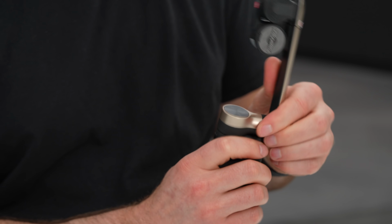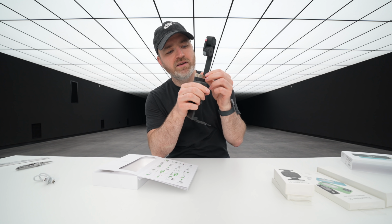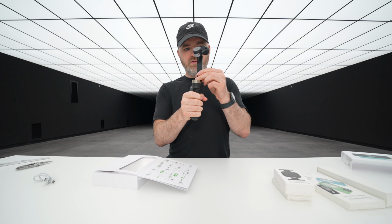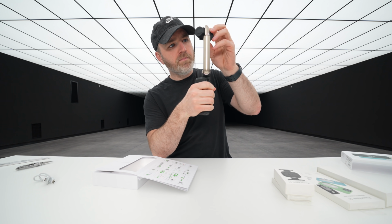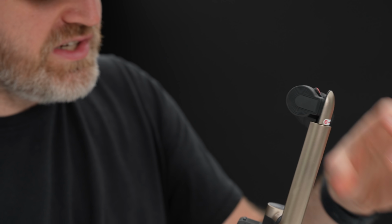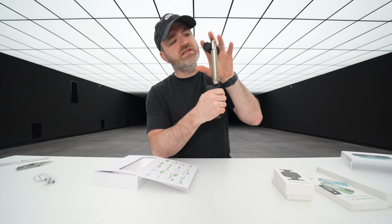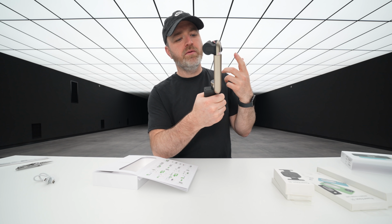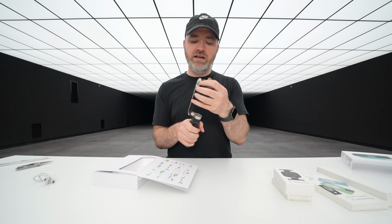Whoa. Up like this. And then... So here's your gimbal portion up top, and that's your big magnet, which is going to connect to the case. So this is a nice improvement, assuming that the magnet is powerful, because in the past with these really slim